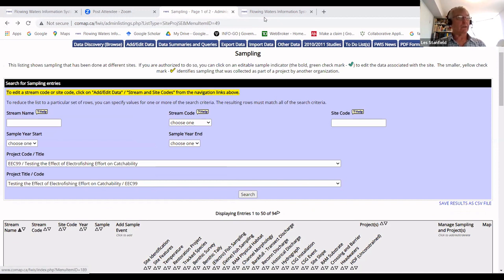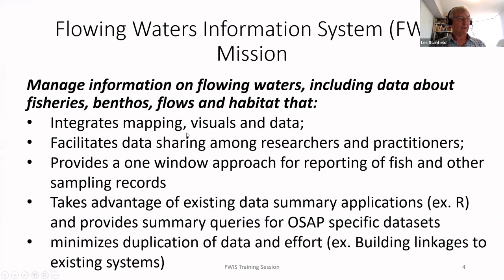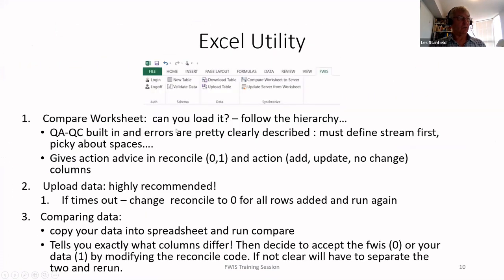Where is it? There it is. Hopefully you're seeing the PowerPoint deck again. And we are down to,